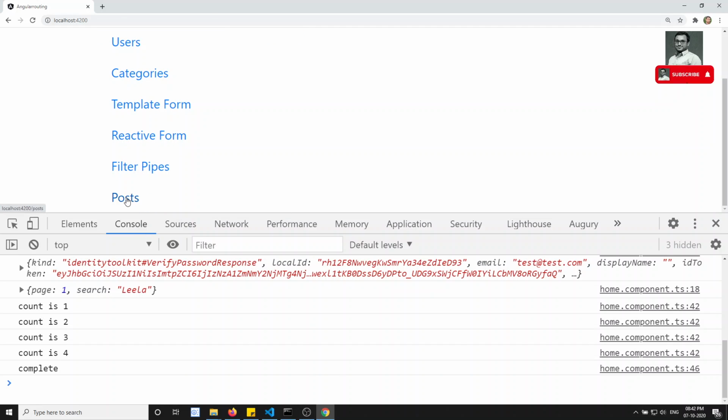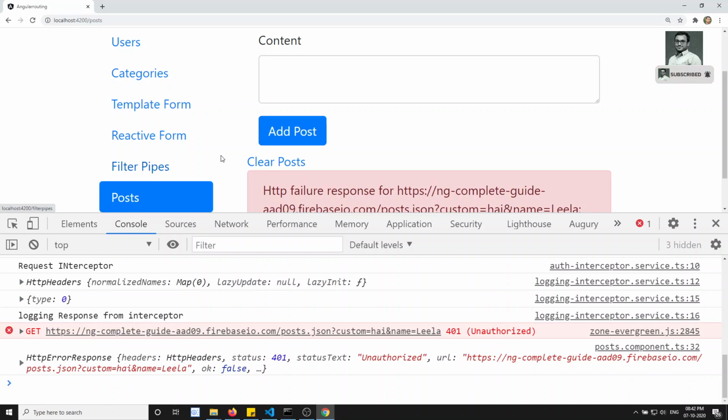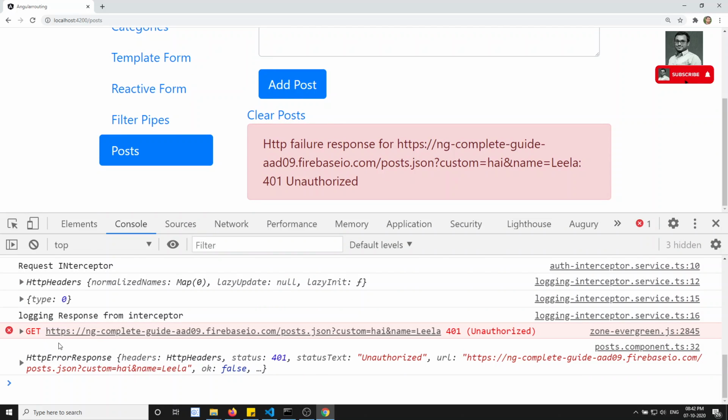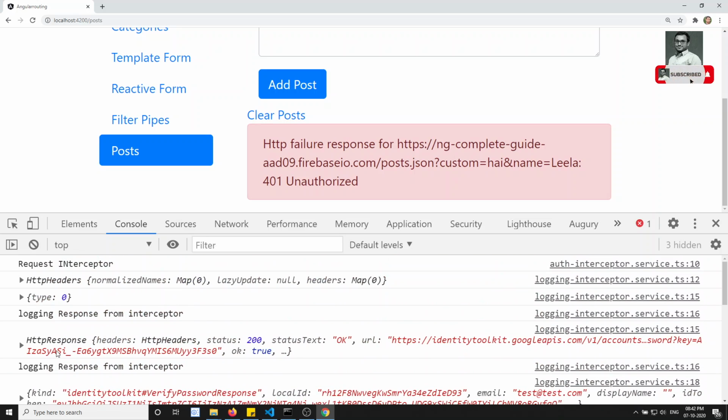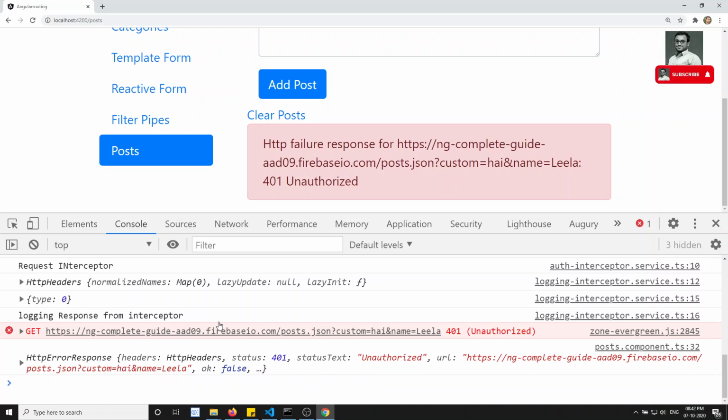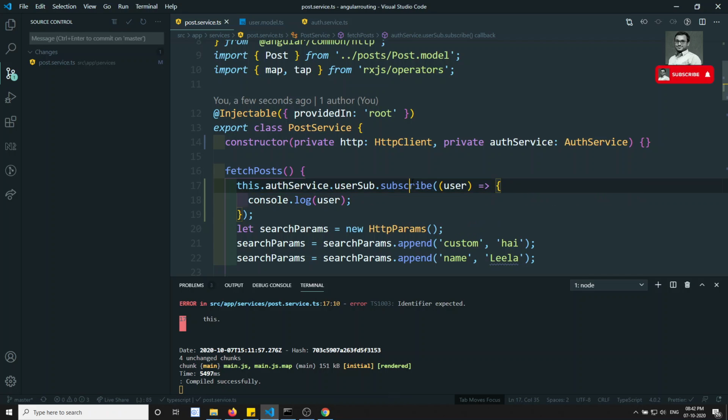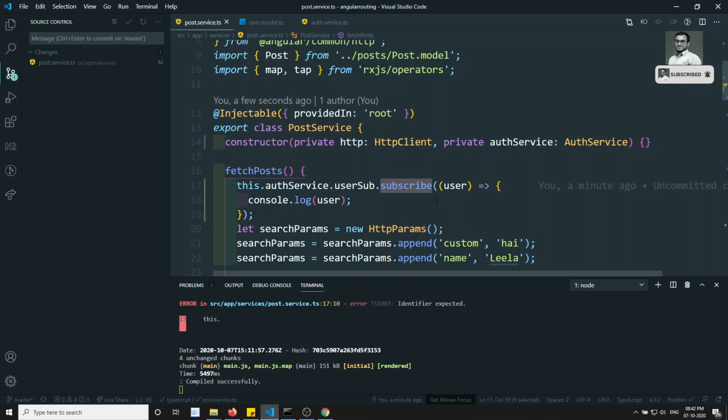So if I click on the post component here, we will still be getting the error. And also you will not be able to console the data. Why? Because it has already been subscribed; we are already sending the data using .next. Whatever components are active at that time are registered and subscribed, so only those get the events.